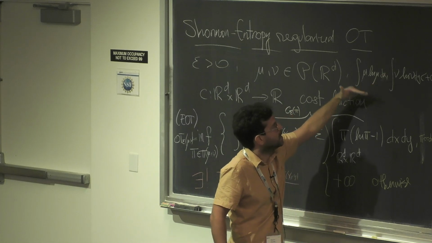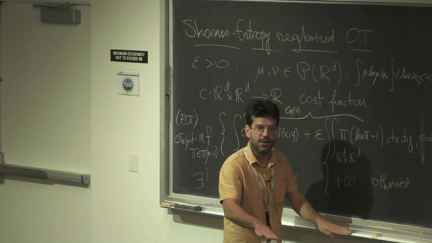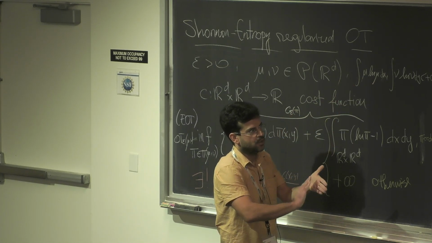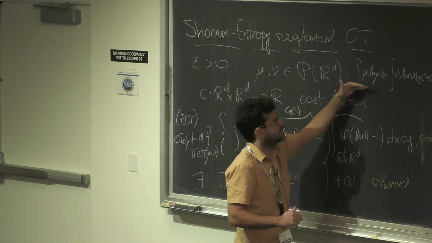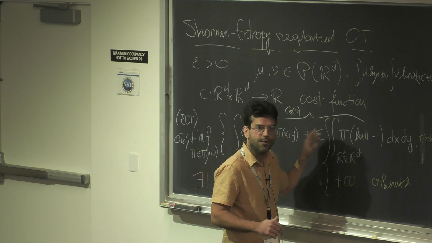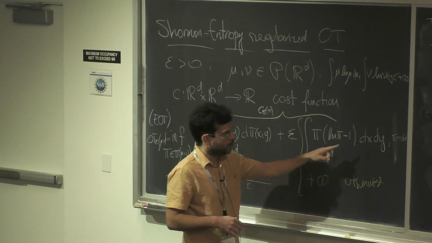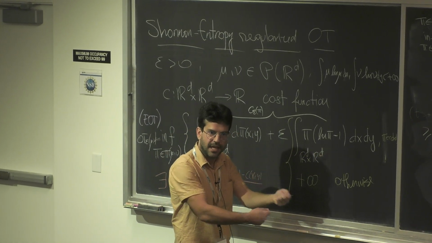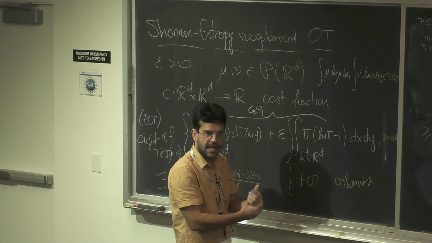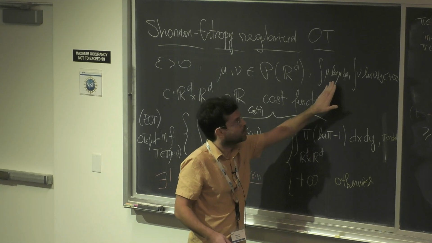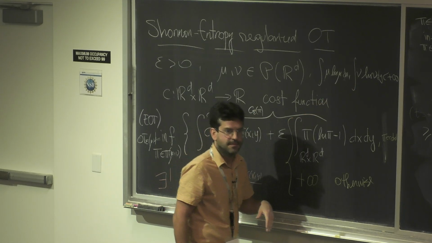Because basically when this guy degenerates, when this guy is 0, in the matrix scaling you see that log of mu appears. So when this guy is 0, this guy is not going to see it. So if you choose a different regularization, you can get a little bit more regular guys. But if you are working with the Lebesgue measure, you need to assume this.